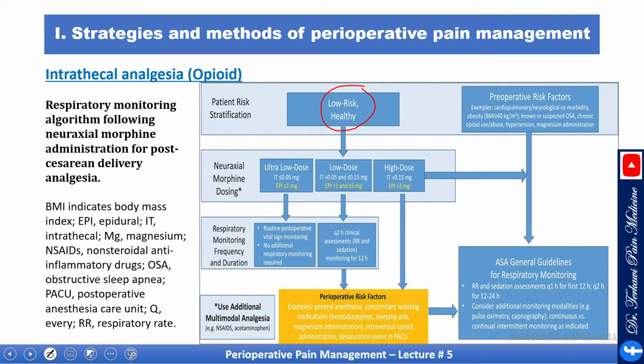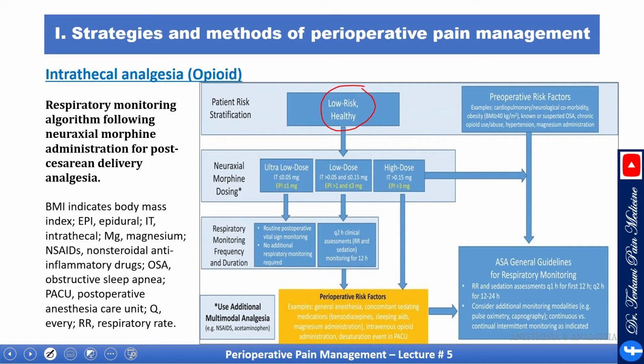However, if you use a low dose, which is intrathecal more than 0.05 and less than 0.15, or epidural between 1 and 3, then you need to have a Q2-hour clinical assessment of respiratory rate and sedation up to 12 hours. However, if you are giving a high dose intrathecal morphine of more than 0.15 or epidural more than 3, then you need an extra